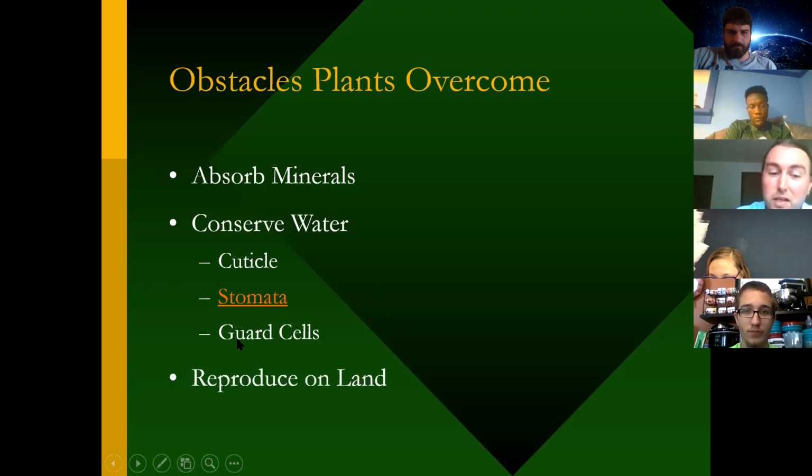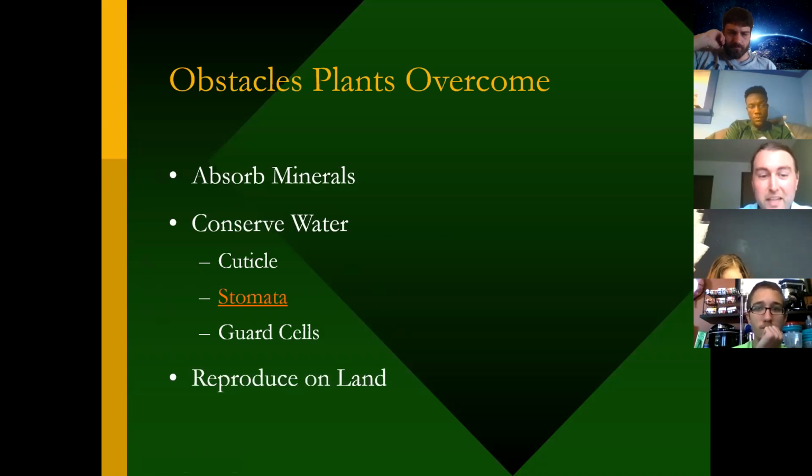So that's where we can talk a little bit more about stomata. Every day when plants wake up and the sun comes out, they open their stomata. So the stomata is really a lot of where plants had to figure out how to do that correctly to live on land, because even though when a plant opens its stomata, it is absorbing,